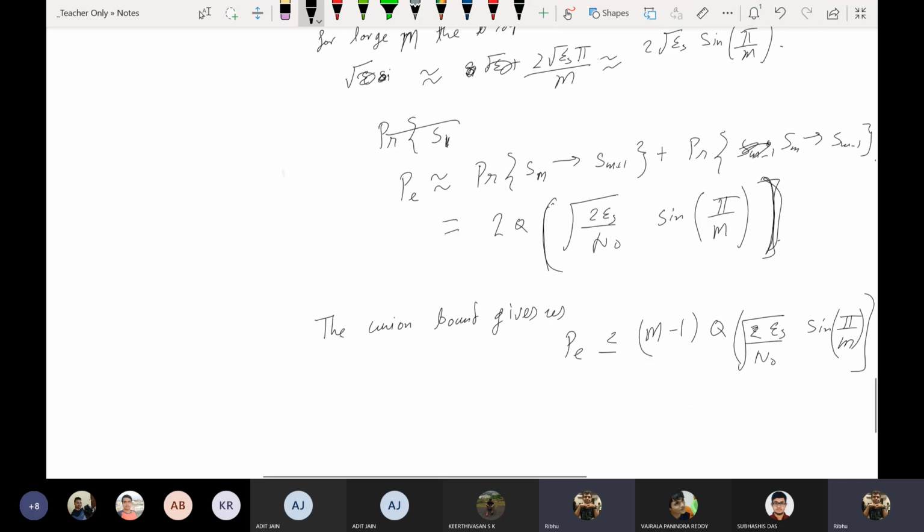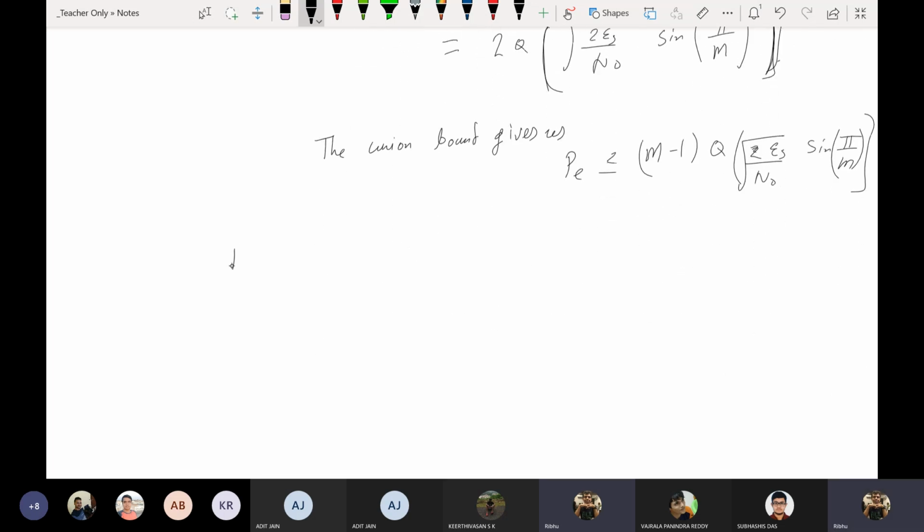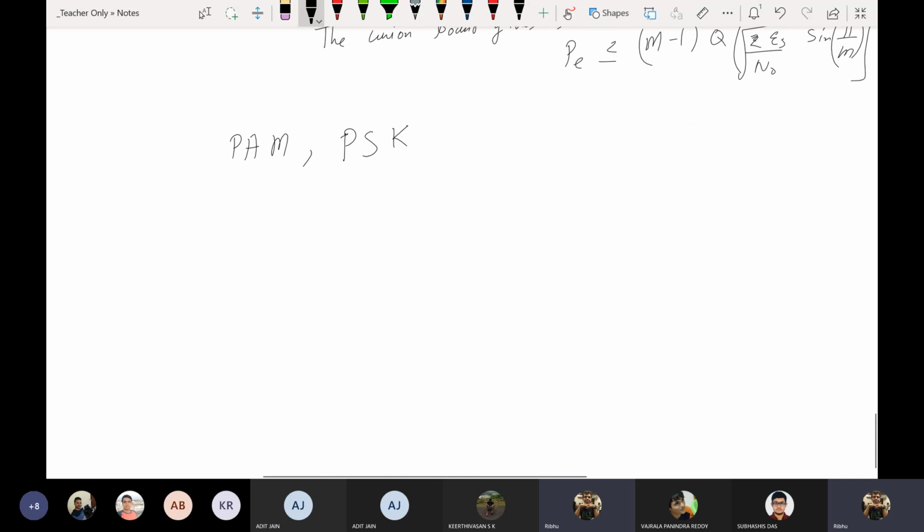So the next thing is, we have done PAM, we have done PSK. Now let us look into QAM. So in general, for QAM, R is a complex number, and so is Sm, right? And the decision regions